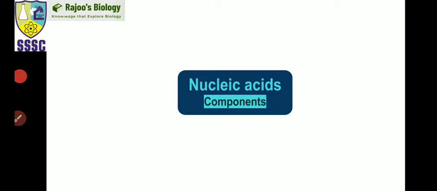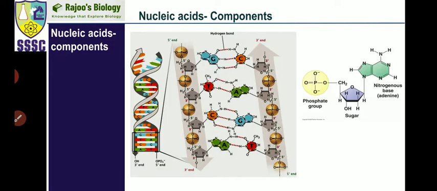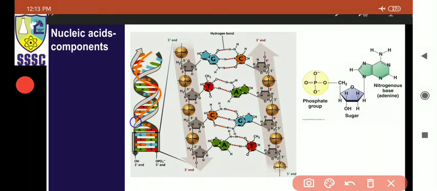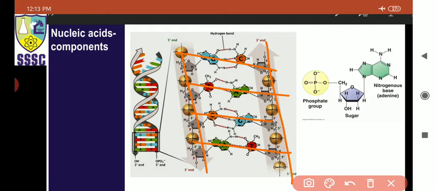Now we start the discussion of the component parts of nucleic acids. Nucleic acid is what? So we know that the nucleic acid, particularly DNA, is a double helix structure. When you unwind this structure, you will find two anti-parallel staircase designs. You will find pairings like a ladder, and that have two opposite sides running.